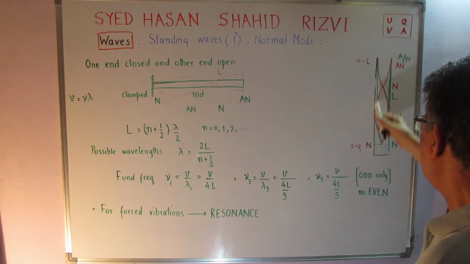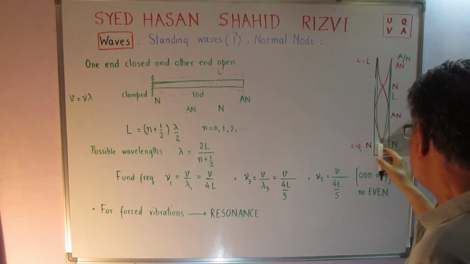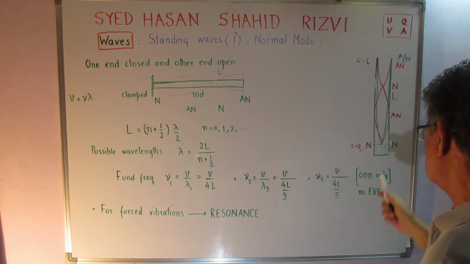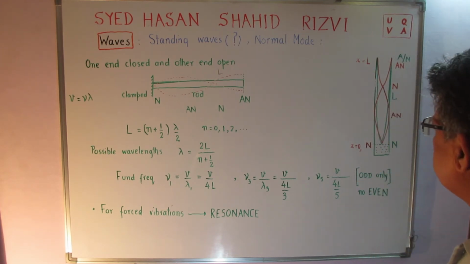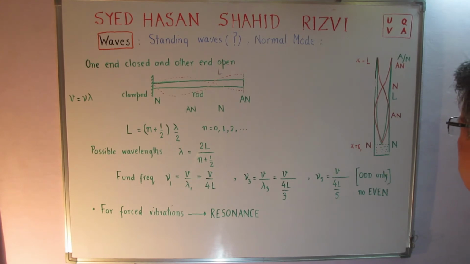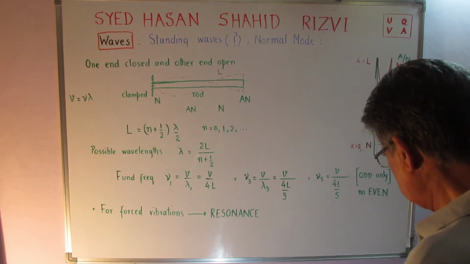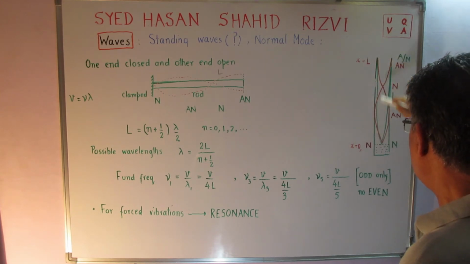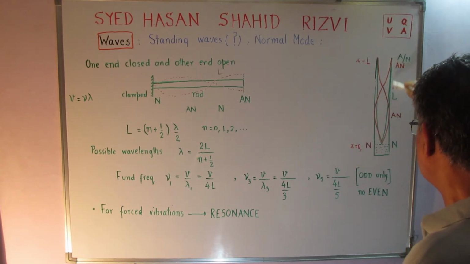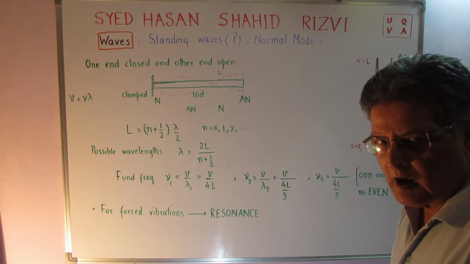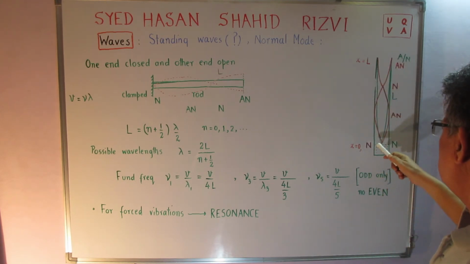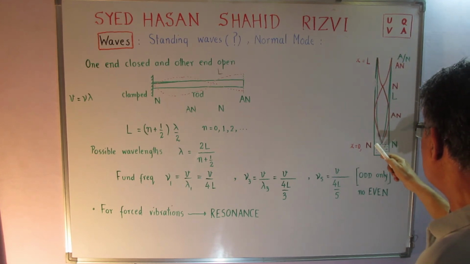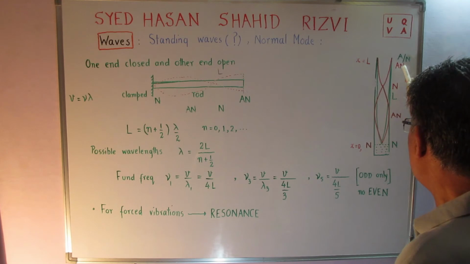Similarly, in the case of this pipe, where x is equal to 0, there is a node because some water is filled over here, which is a reflecting medium. So I can have the antinode here and node here, and half the wave is created, the fundamental wave, or a harmonic wave which has been shown by the red color, which starts with the node here, antinode, node, antinode,